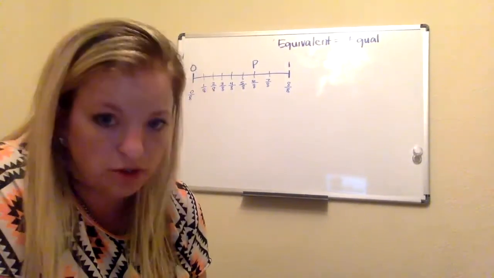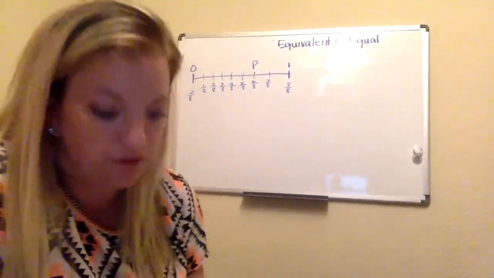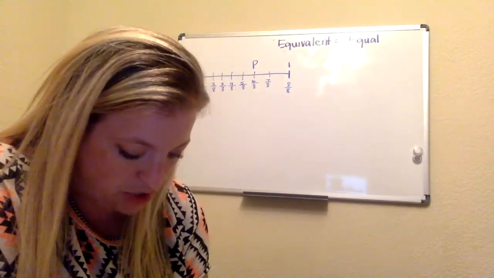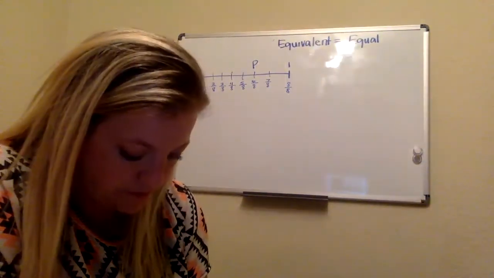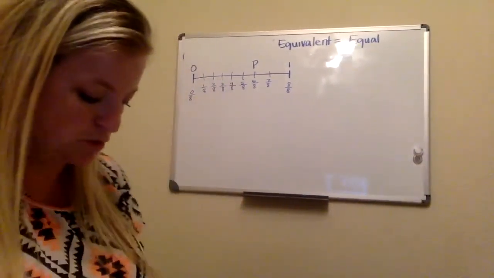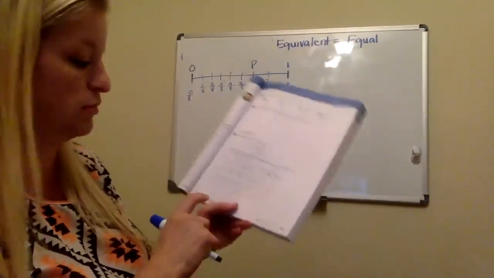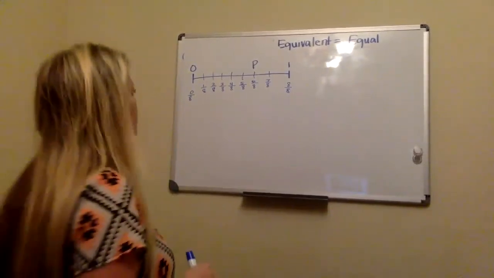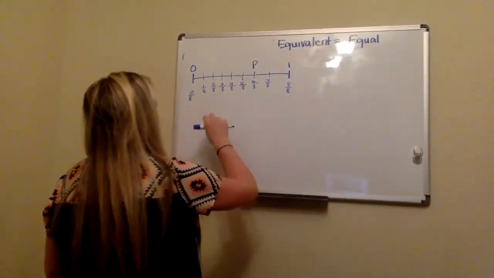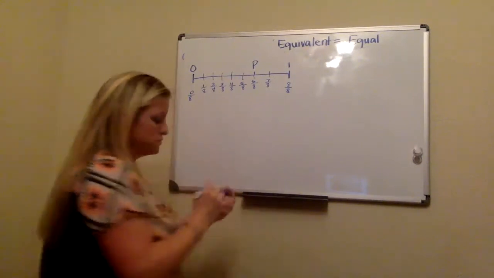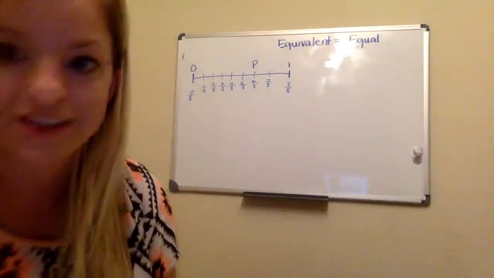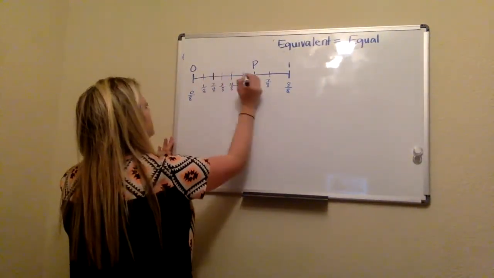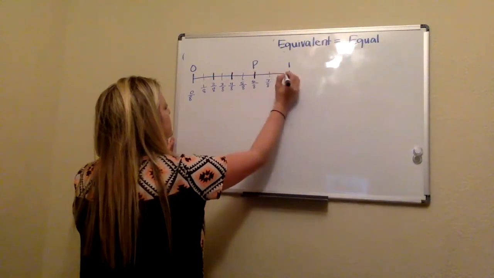So then the question says, I'm going to read it again, so you can feel free to read them all 3 times. Does the point on each number line below represent a fraction equivalent to the fraction shown by point P? So then I'm going to look at the first one, and I'm going to count how many pieces there are. 1, 2, 3, 4. So that would mean there's going to be 3 lines. So I'm going to actually use a different color so you guys can really see this. So here it is. 1, 2, 3, and